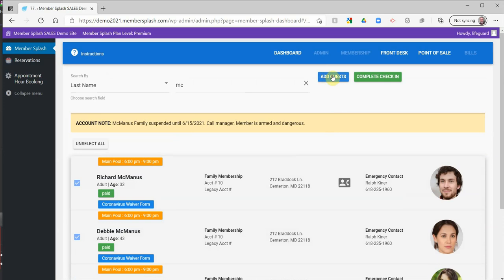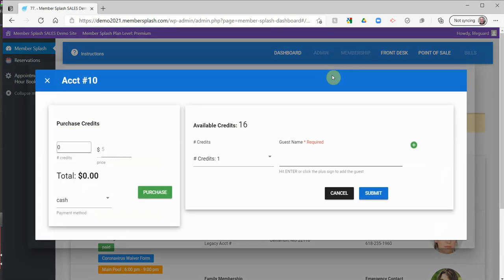Keep in mind that we would be able to set up a product called guest passes for your members to purchase online using a debit or a credit card, or potentially to pay for by check. In this case, the McManus family has already purchased a number of available guest passes, so they can bring their guests directly in. However, if they wanted to bill to account to purchase additional guest passes, they could do that